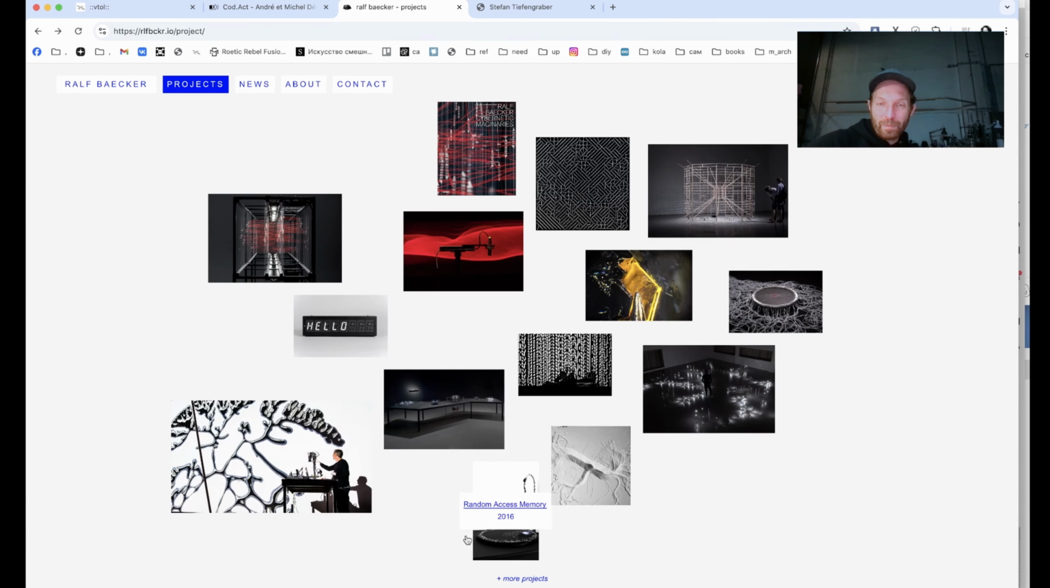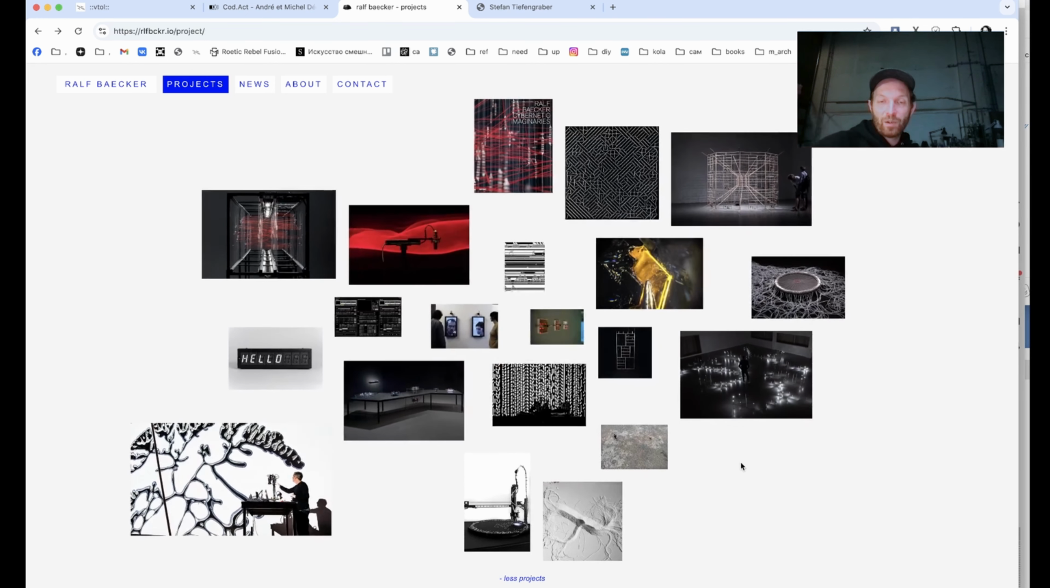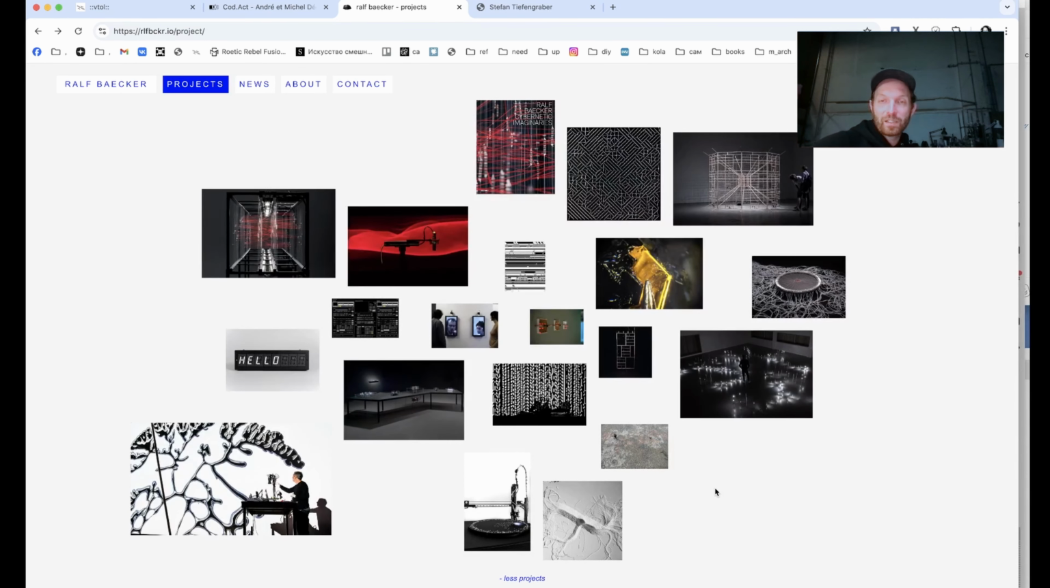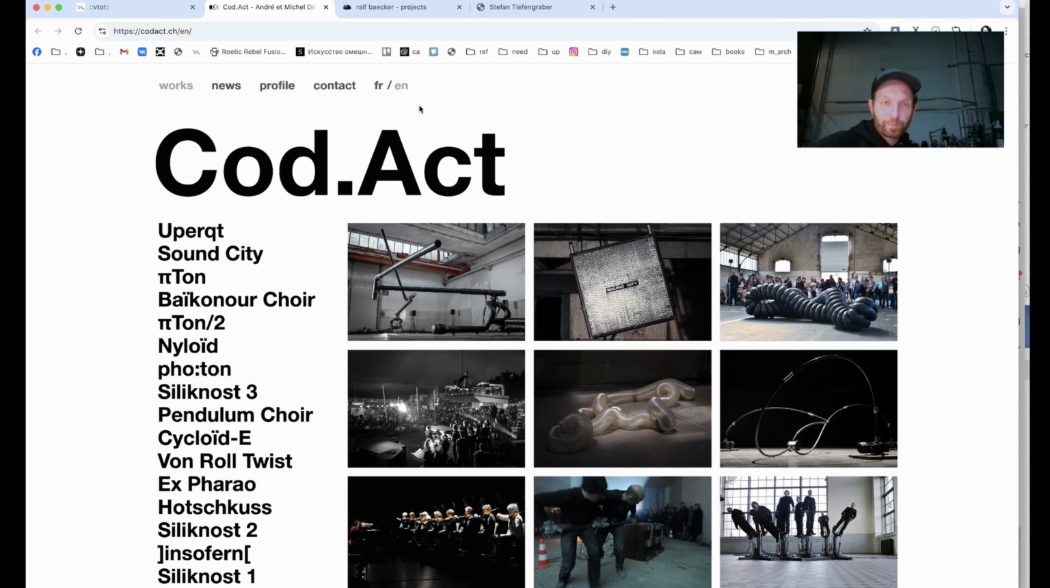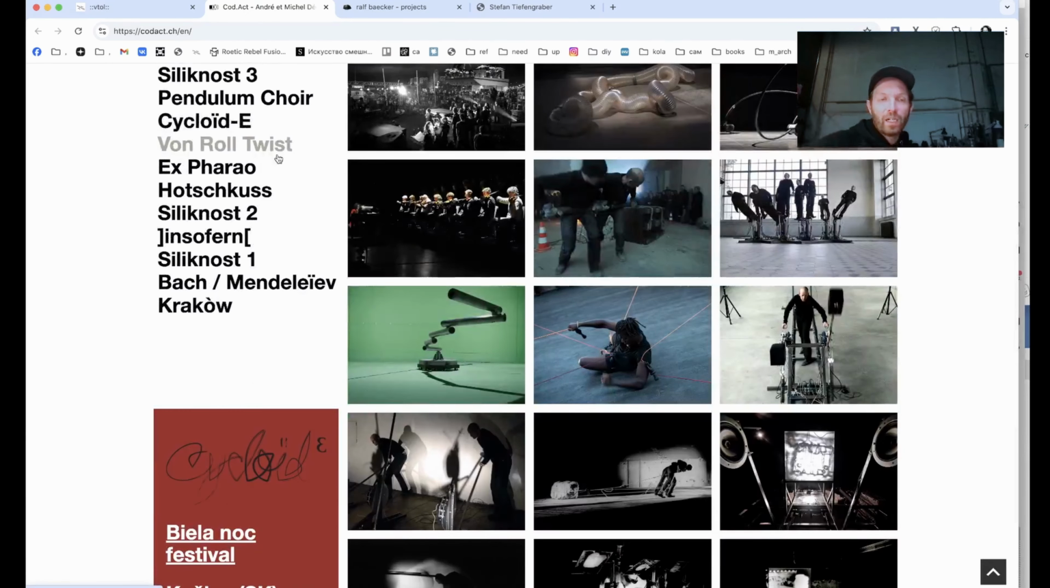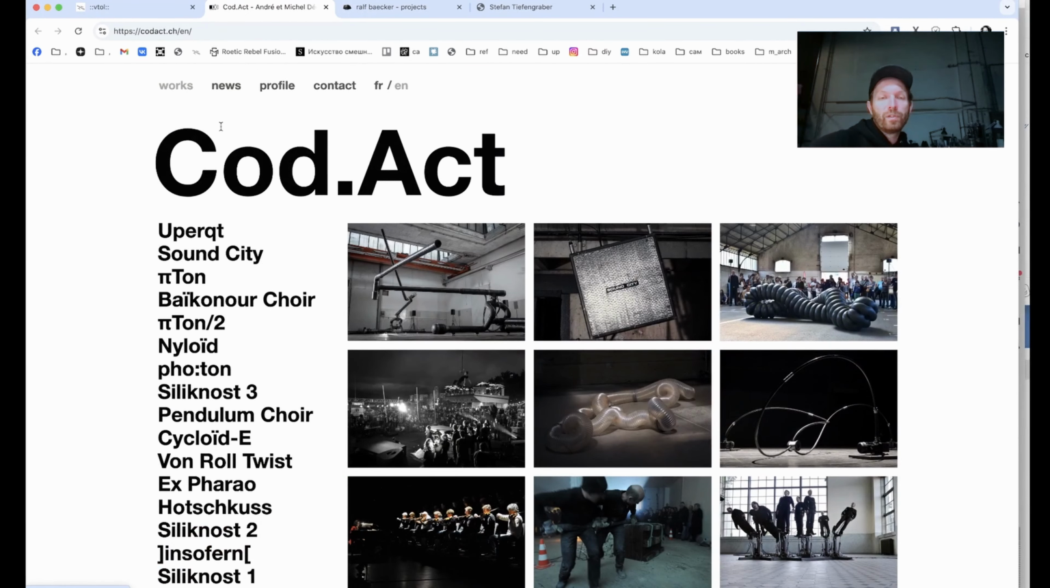Well, as I said before, Ralph has many other amazing projects, and I'm really insisting you to check what he has done in the last 15 years. But now I'm gonna jump to another group, which is called Kodact, and it's a duo of two Swiss artists